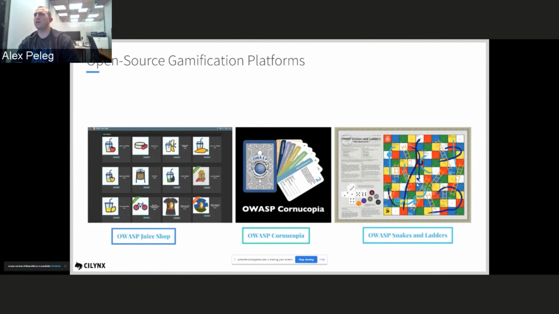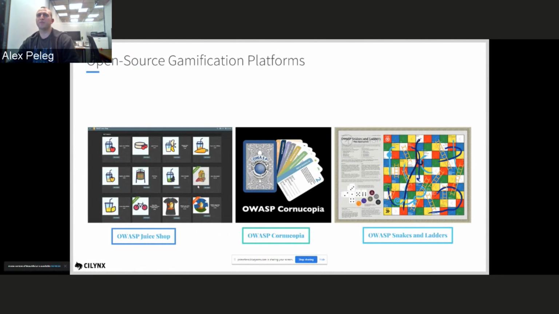The Cornucopia is a project that will enable developers to understand threat modeling and how to do a proper threat modeling for their applications when they are developing. So it's a card game, also a great gamification for developers.